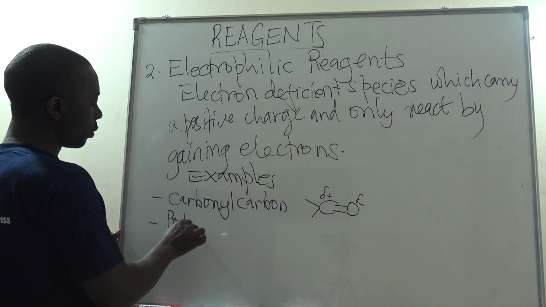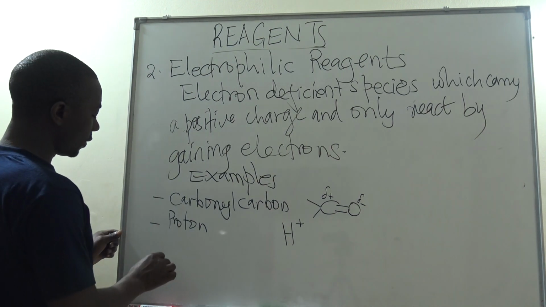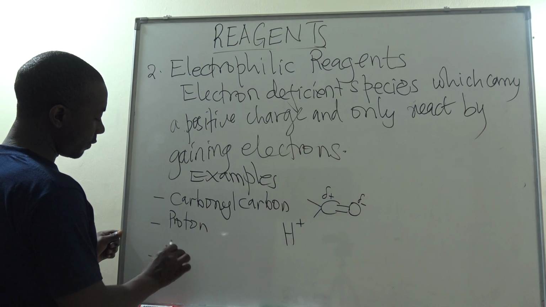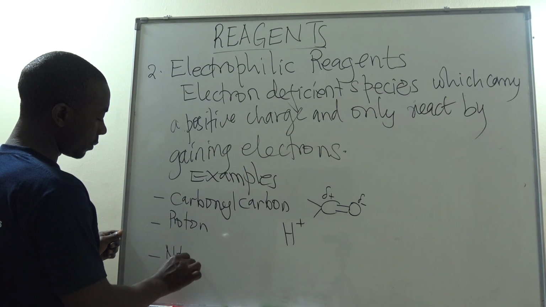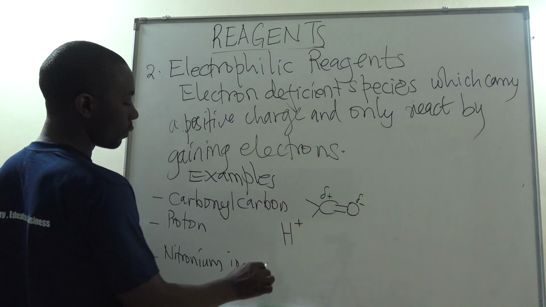The second example is a proton. A proton is electron deficient because it carries a positive charge. Then we can also have this hydronium ion, which is also one of the best